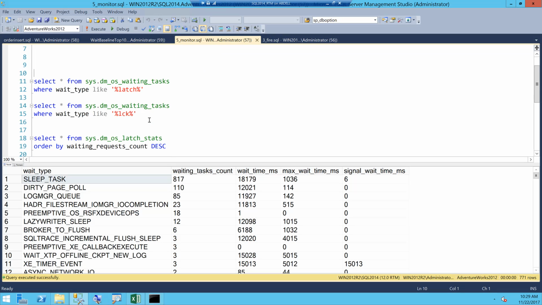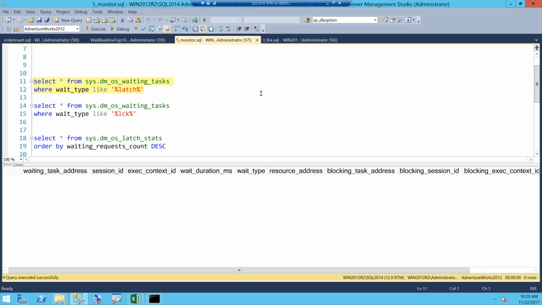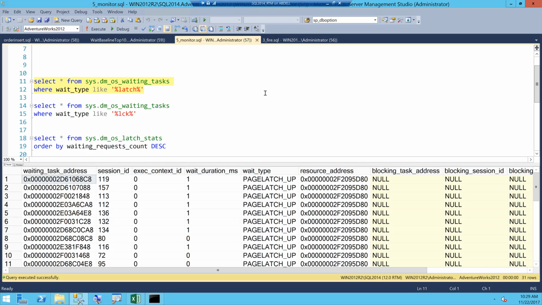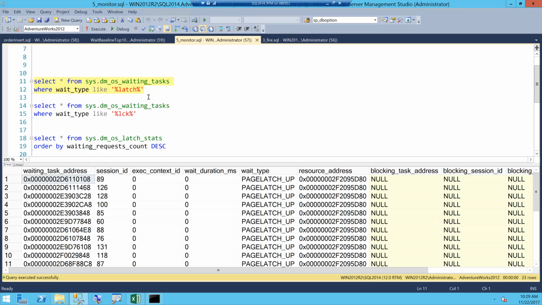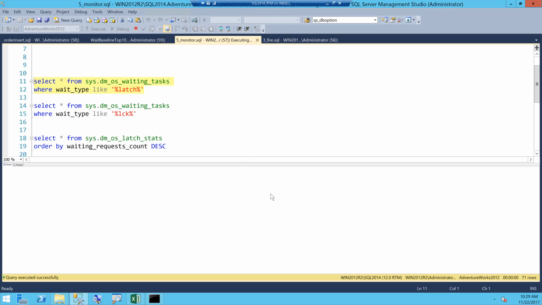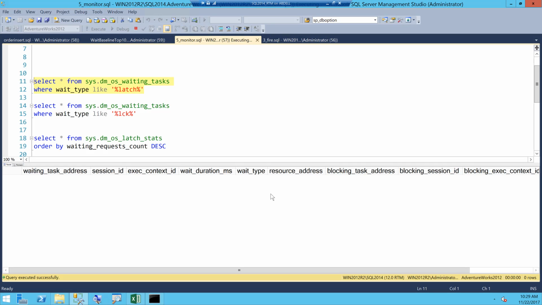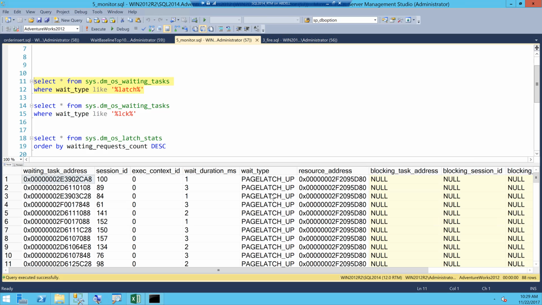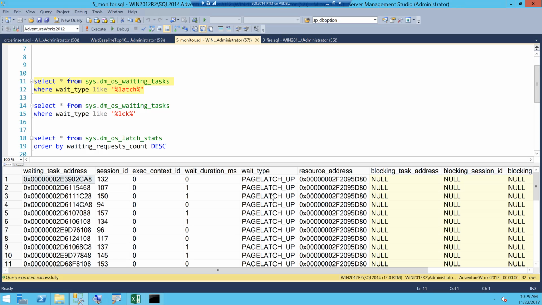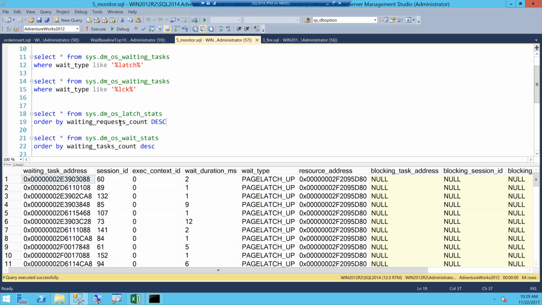Now on line number 11 here, I am going to look at waiting tasks. So this is the DMV, which will show me all the threads that are running, if they're waiting on something, and you can see many of them are waiting on PAGELATCH_UP, which is update. And as you keep running it, you will see there is of course a lot of latch contention, which is clearly visible. There are a lot of waits happening on latches,